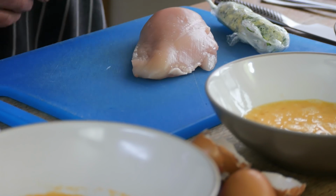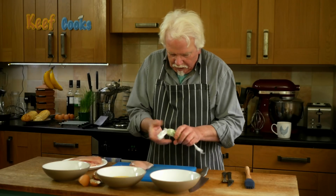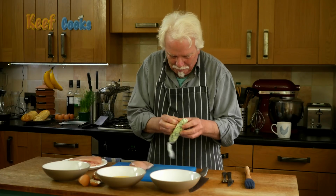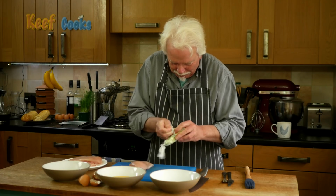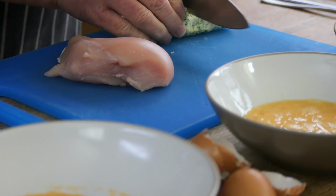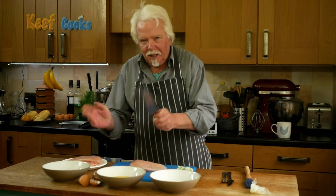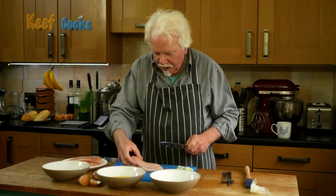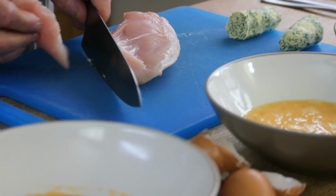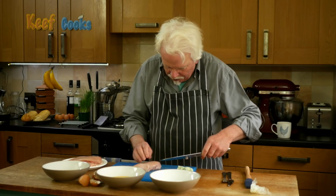Right, now I'm going to assemble the Kiev. So I've got a chicken breast, and I've got my frozen herby garlic butter and frozen cling film that doesn't want to come off. Great, there we go. Okay, so we only need a half of that for each one. You'll see recipes where they say flatten it out with a rolling pin or something, but I don't want to do that. Actually, I'm going to take the mini fillet off, because that just confuses things,